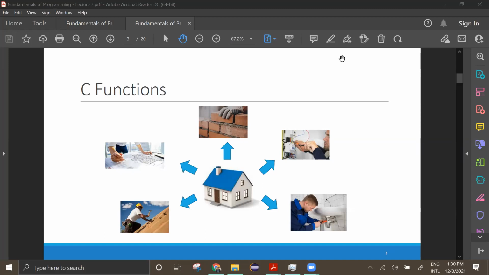Different words are used, however, the idea or the concept is the same. Okay, so let's see what is a function,